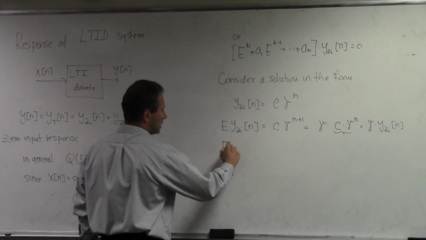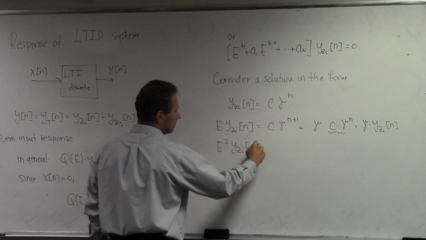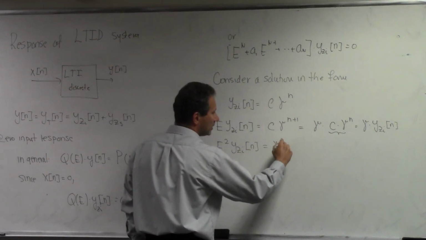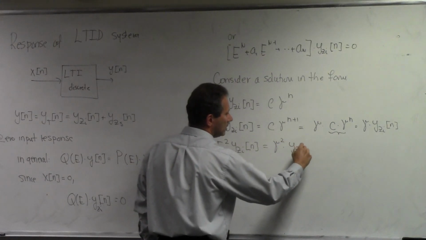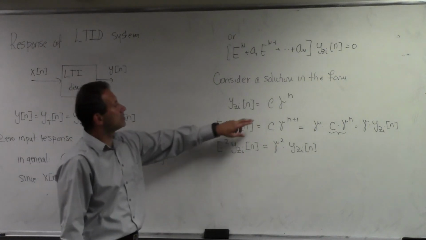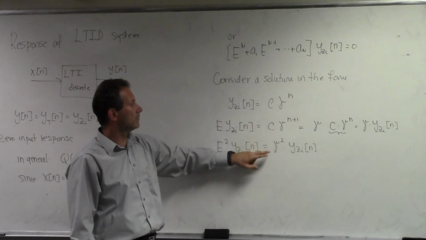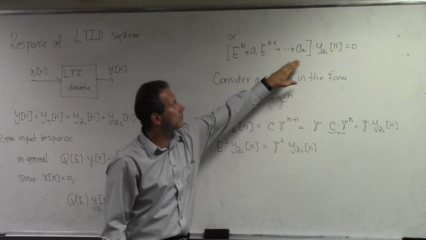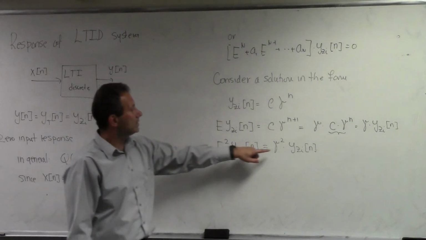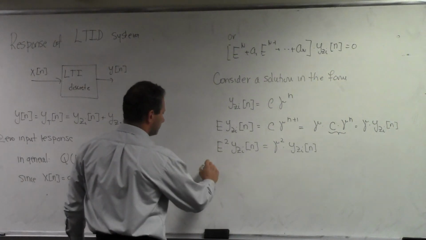Along the same lines, E squared operating on y zero-input of n is going to be gamma squared times y zero-input of n. So we're looking for a solution of the zero input in this form, and if we put this form in, some special properties come up. So if I now substitute this into this big equation,